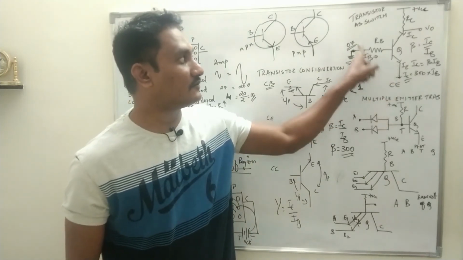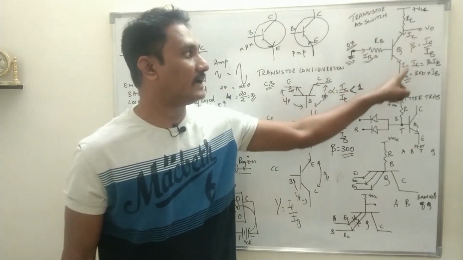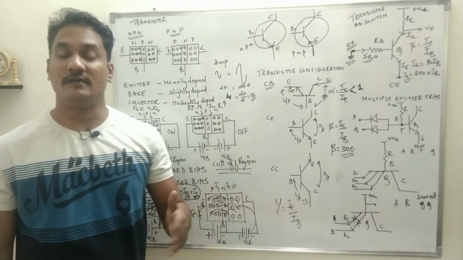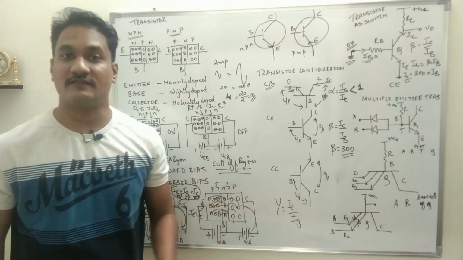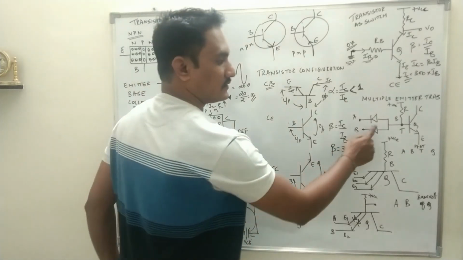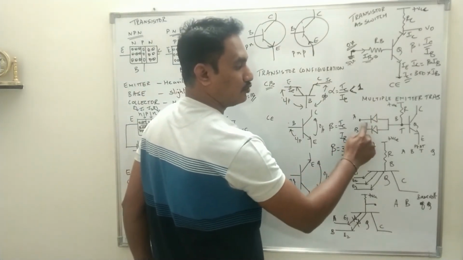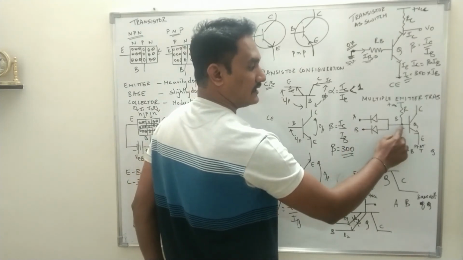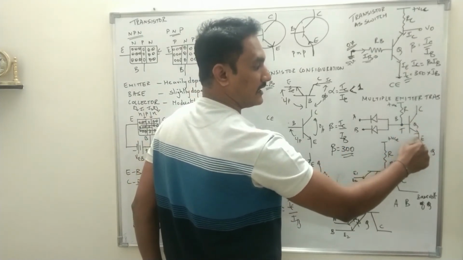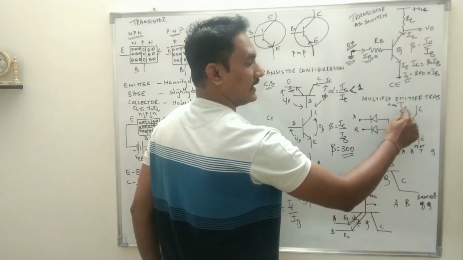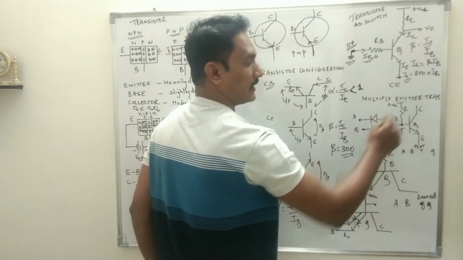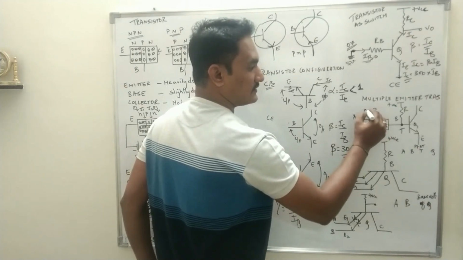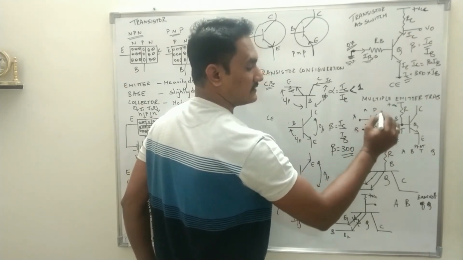The transistor which I have told you about at present has only one emitter. So now we have to understand how a multiple emitter transistor is fabricated. So this is the transistor. Two PN junction diodes are used. This is the transistor with one emitter, this is the base, this is the resistance, and this is the power supply. For these two diodes, this is the P region, this is the N region, this is the P region, this is the N region.